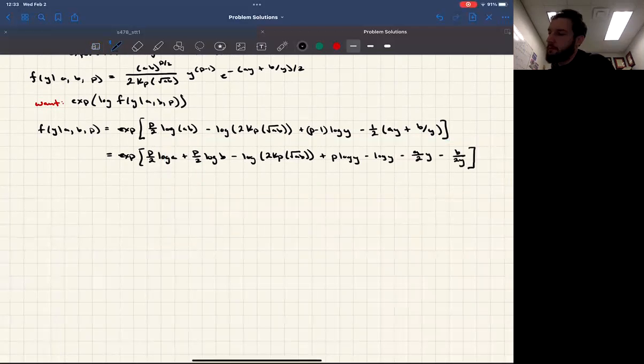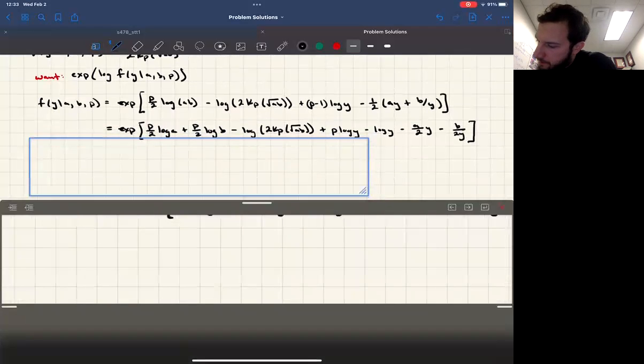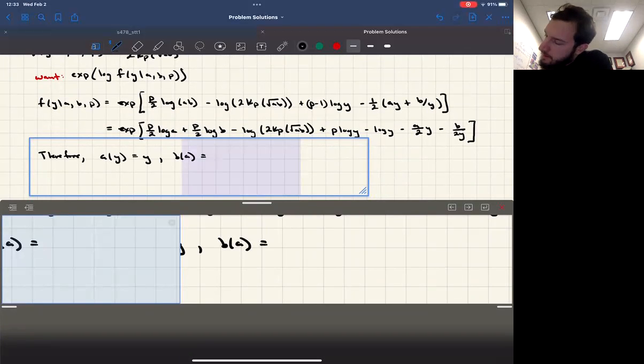So therefore, a of y is equal to y, b of A is equal to negative A over 2,